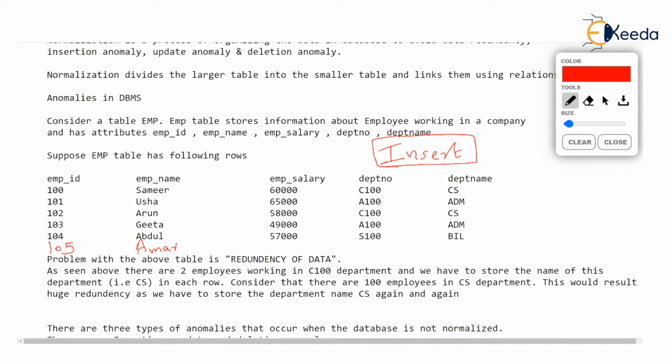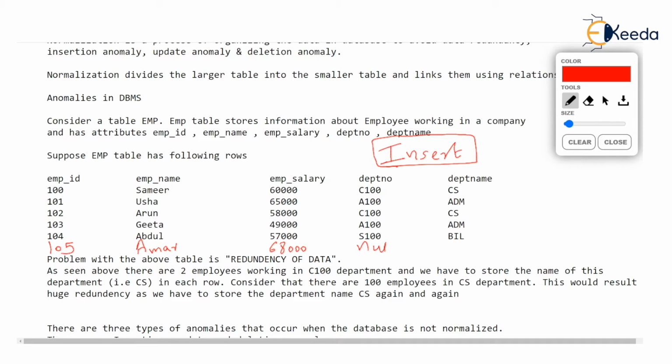But there is a problem. This new employee has not been assigned any department. Come on, it can happen, isn't it? The company is yet to decide which department this person should be in. Then, while inserting the row of Amar, we are stuck. We don't know what the department number and department name should be, but hello, we have to fill it. Otherwise, how will the row get finished? Then, in the worst case, you might insert this person Amar and say department number is null. Null is a special value in a database, which means nothing.